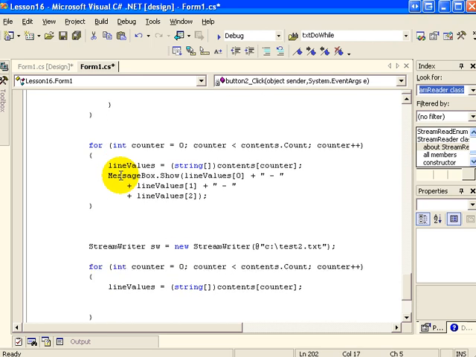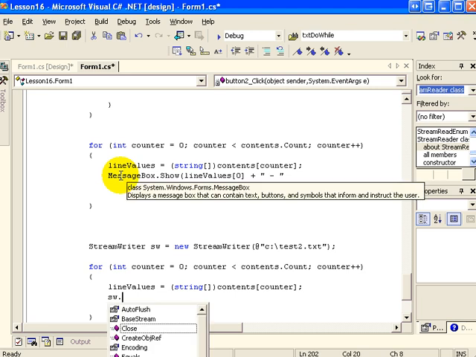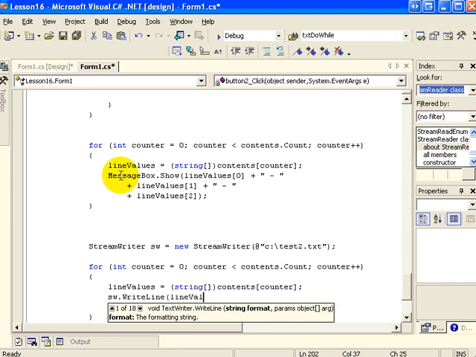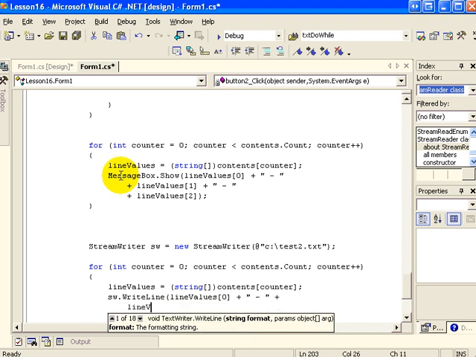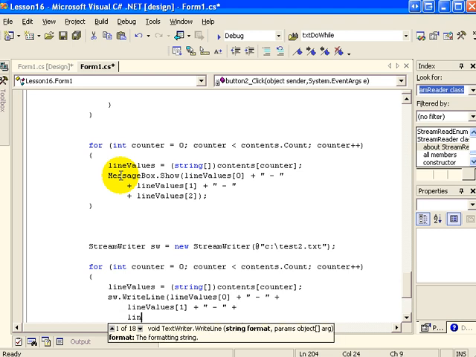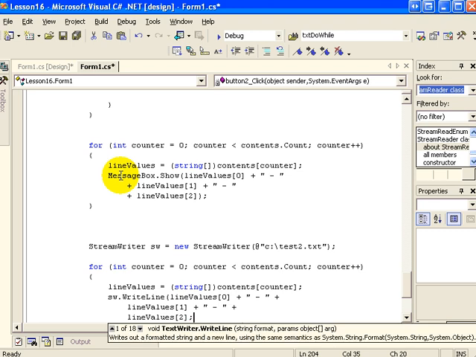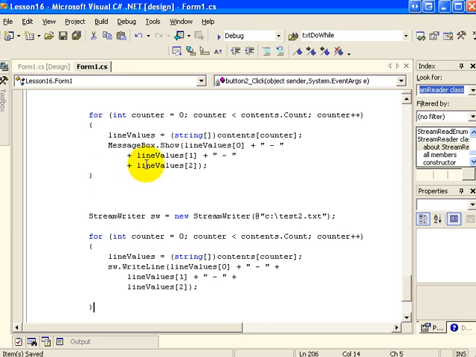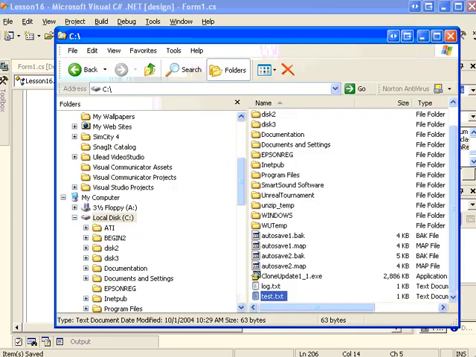And instead of showing it in a message box, what I'm going to do is sw.WriteLine, and that should work. So just to show you that there's nothing up my sleeve, I'm going to show you